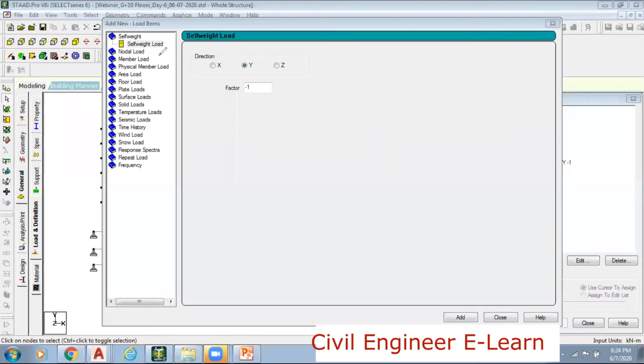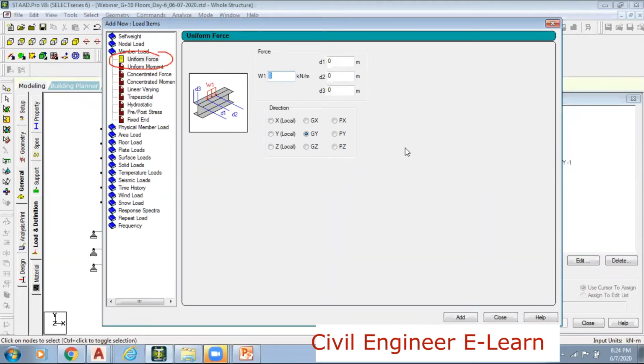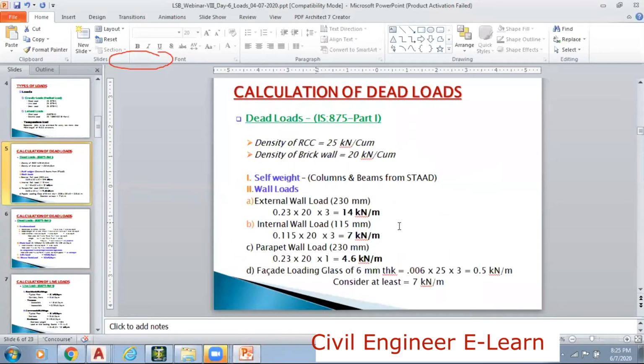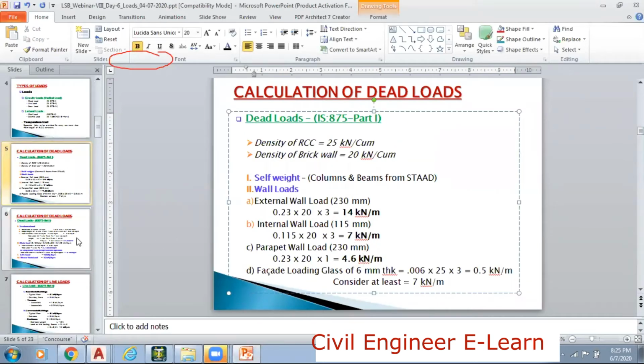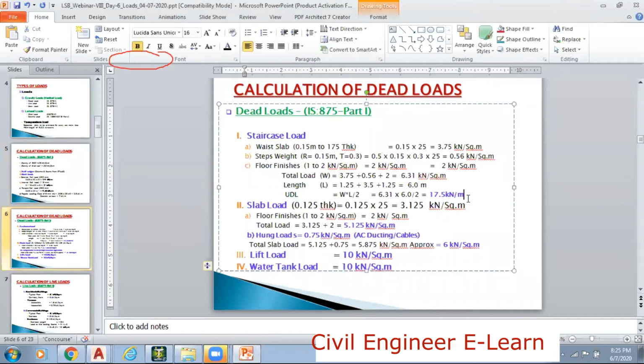Here it is -14 due to external wall, -7 either due to internal wall or due to this facade, and then -4.6 due to this parapet wall, and then 17.5, which is dead load of staircase. Anything else left? Let's go: 14 over, 7 over, 4.5 over, and then 17.5 over. So these are all the loads that need to be added first.